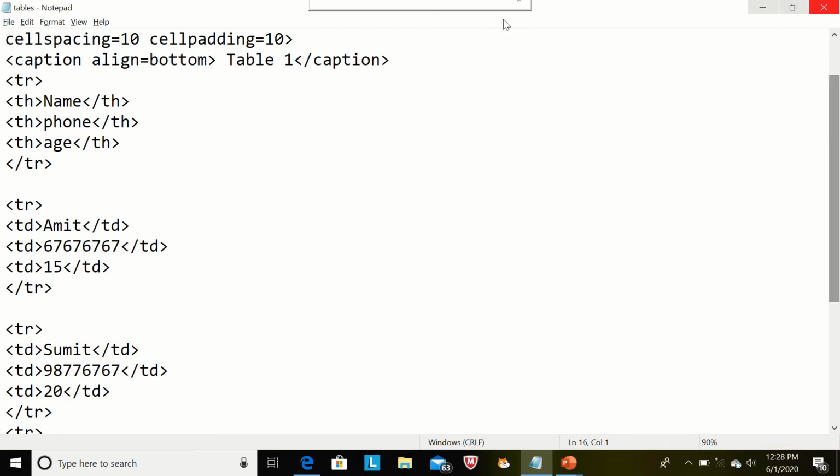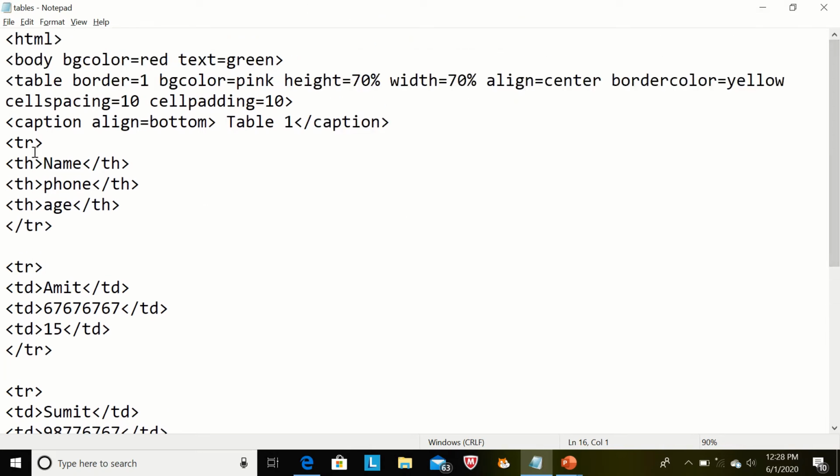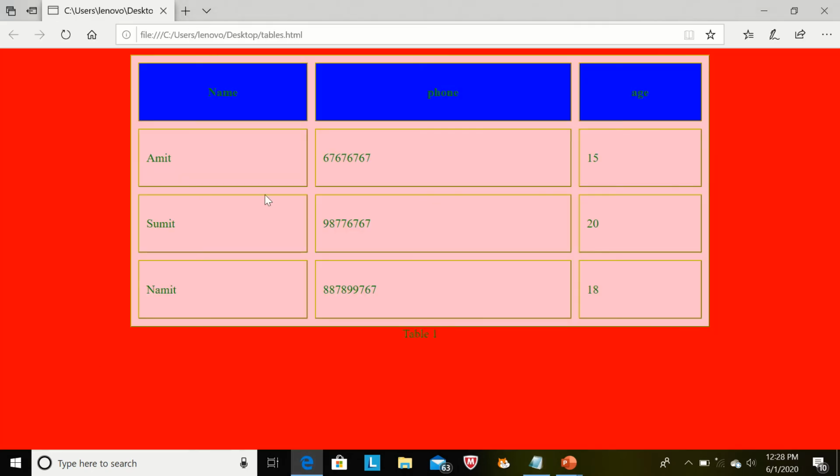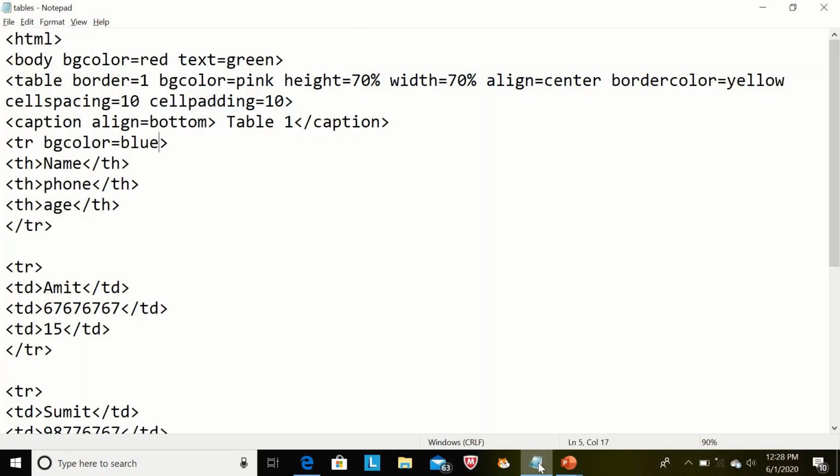Now we have some common attributes which we can use with tr, td and th, like BG color is equal to blue. Now we see the output. This row is displaying in blue color, and align is equal to right.